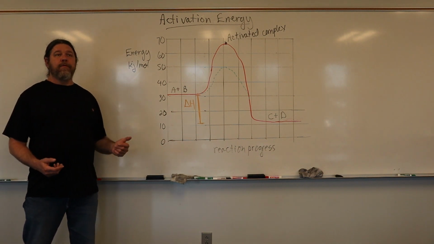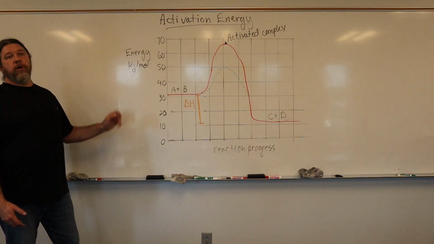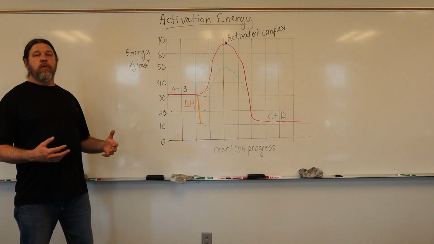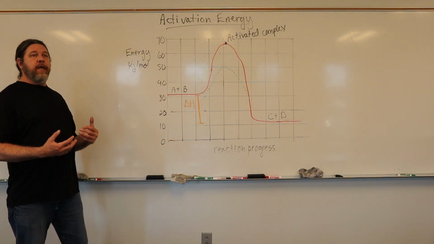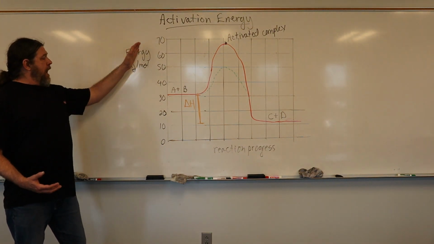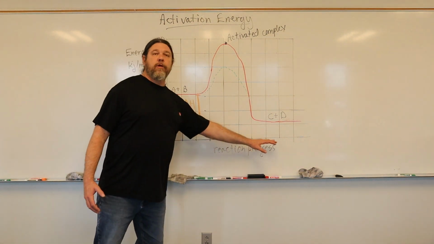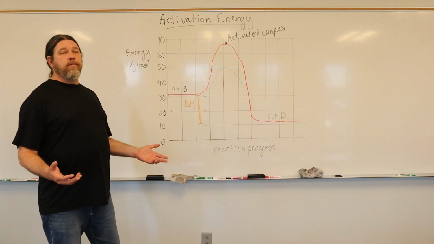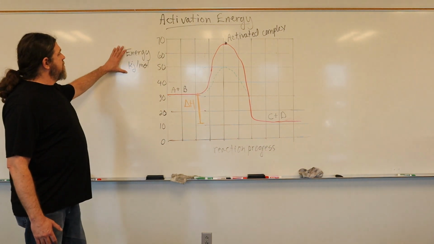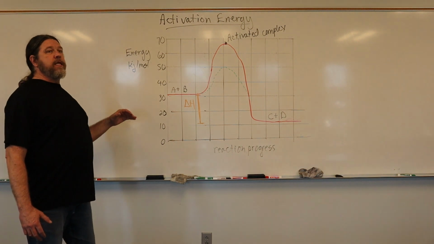We can graph the energetic pathway of a chemical reaction through a chart like this. This is a very common way of looking at the actual energetic exchange that is happening between reactants and products. So we have a graph here where the x-axis is the progress of the reaction over time. We're not so concerned about that aspect as much as the y-axis of this chart, which is showing the energy